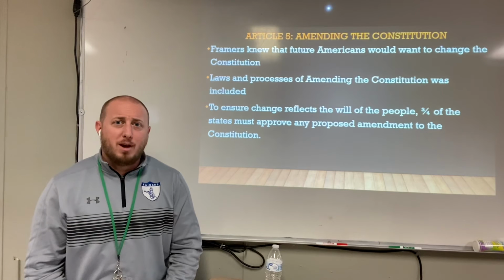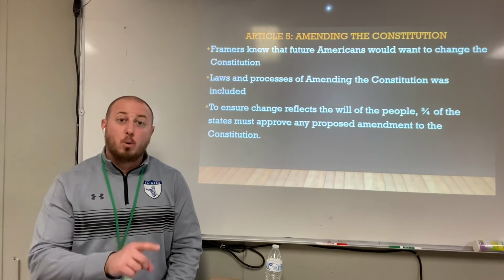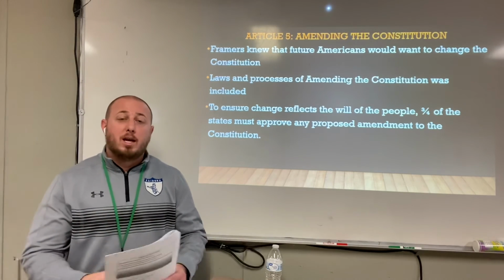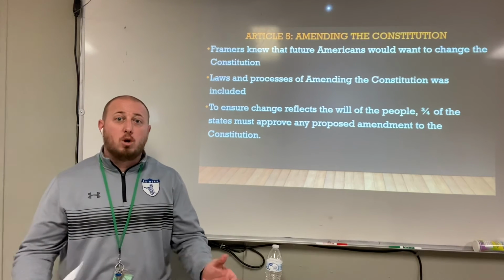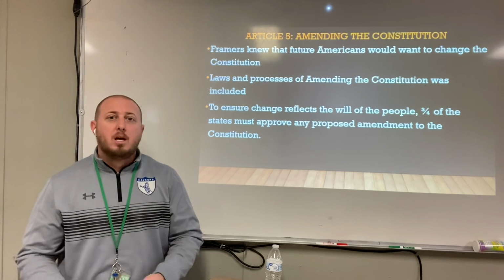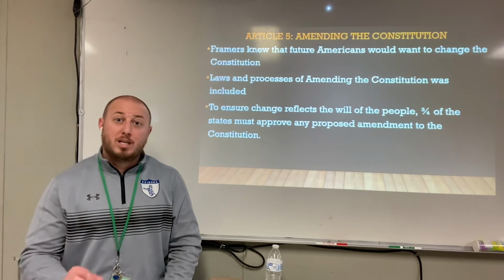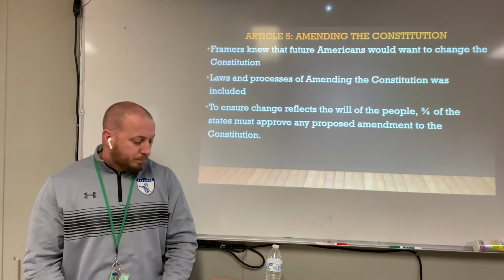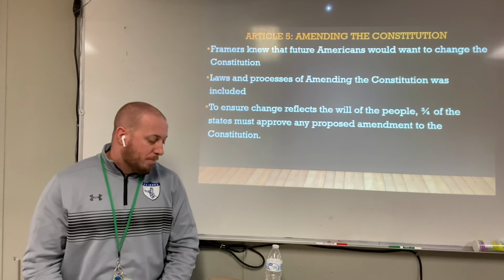smarts there, the founding fathers, they understood that the Constitution was going to have to be amended. That over the years, as things evolved, as our society changed, some changes, additions, subtractions to the Constitution would have to take place. They knew it would need to be amended, so they created the process and procedures by which the Constitution would be amended, okay? So, I asked you what percentage of states have to approve the amendment for it to go